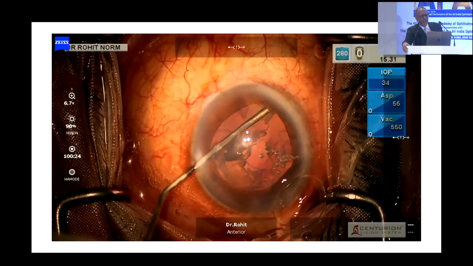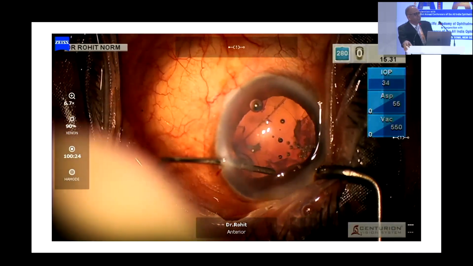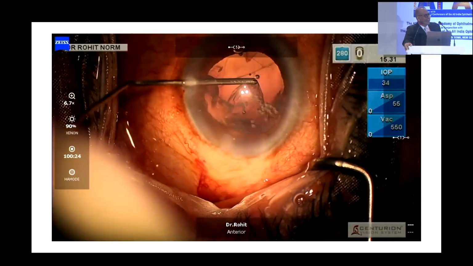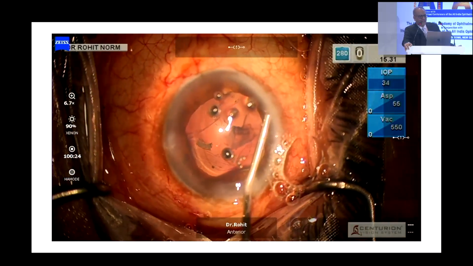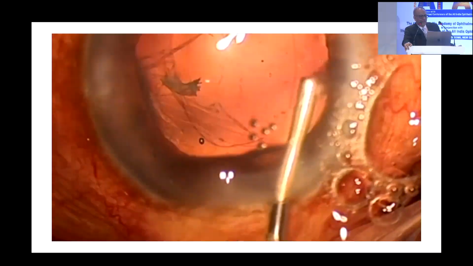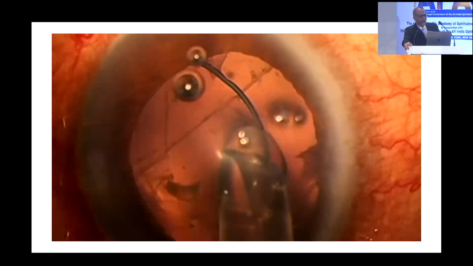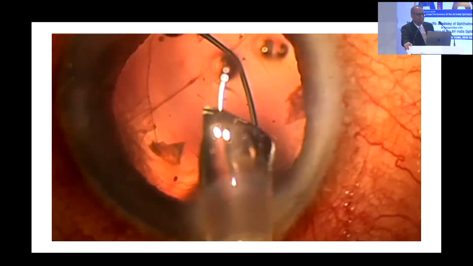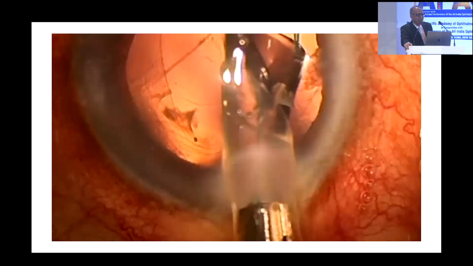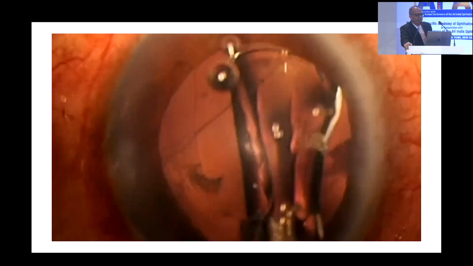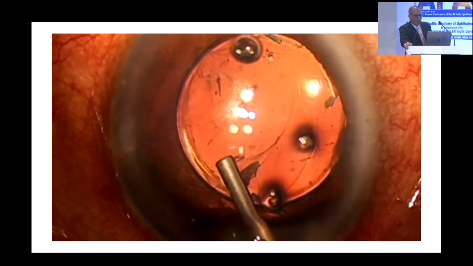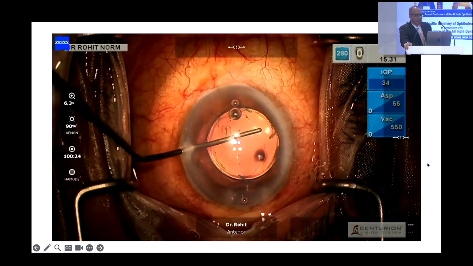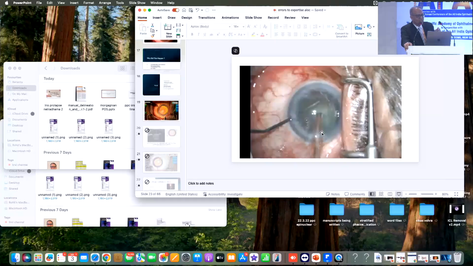I've been using it, David Wright, since 1990, this Gill's Welch technique of dry aspiration. So this has really helped. Once that is done, that nuclear fragment will not go behind because the anterior hyaloid phase is taking care of it. The second is there, so these two pieces are now out. There are so many videos I have, but I think I'll ask